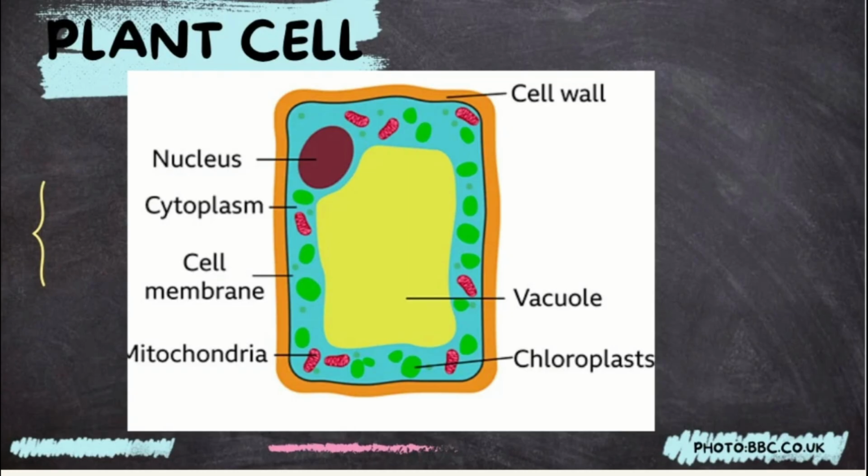Turgid means that they get filled with water and look healthy like this one, or they can become flaccid, or they can experience plasmolysis, where basically the cell membrane pulls away significantly from the cell wall. That would be plasmolysis. So that's what would happen if we said that a plant cell is plasmolysed. The cell membrane will be pulled apart from the cell wall significantly,